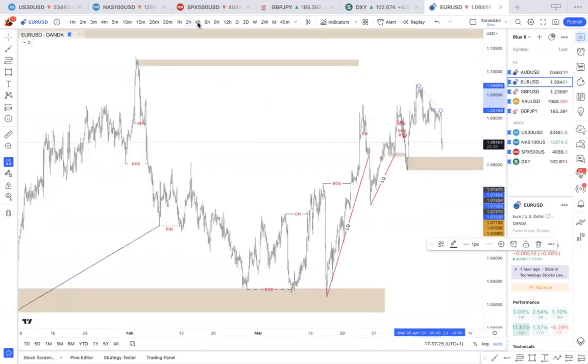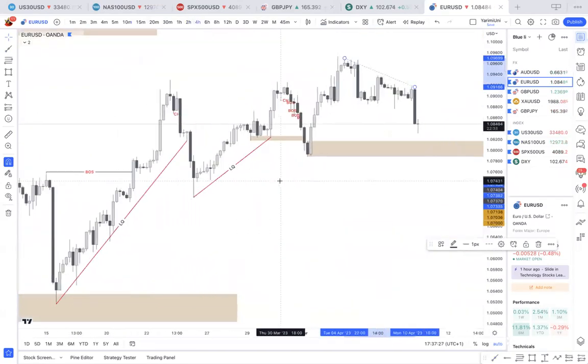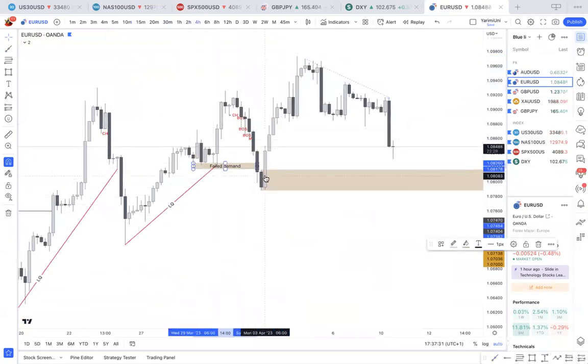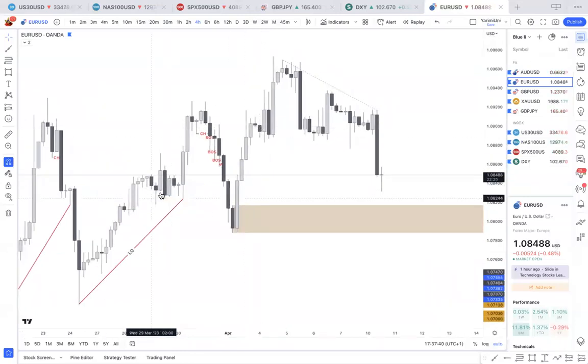Cool. Let's go back to the high time frame. I understand there's still liquidity here. This demand failed. I thought price was going to keep pushing down as there was the change of character and then break of structure on the lower time frames. However, it then reversed off of this area. Now, this area here also looks like an imbalance on the higher time frame.